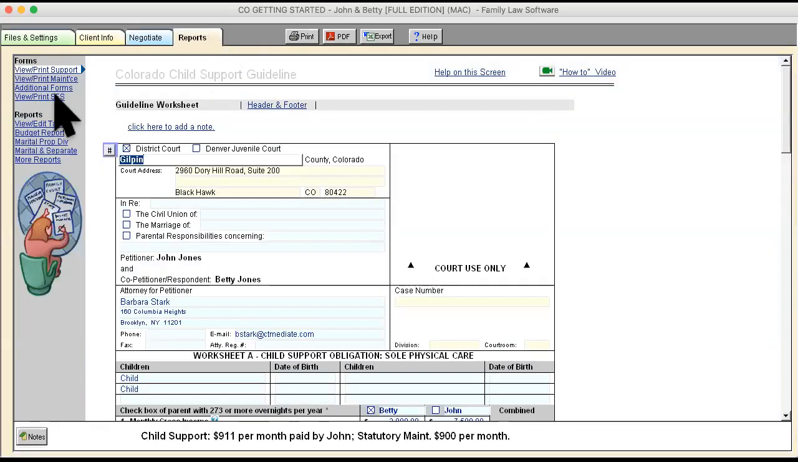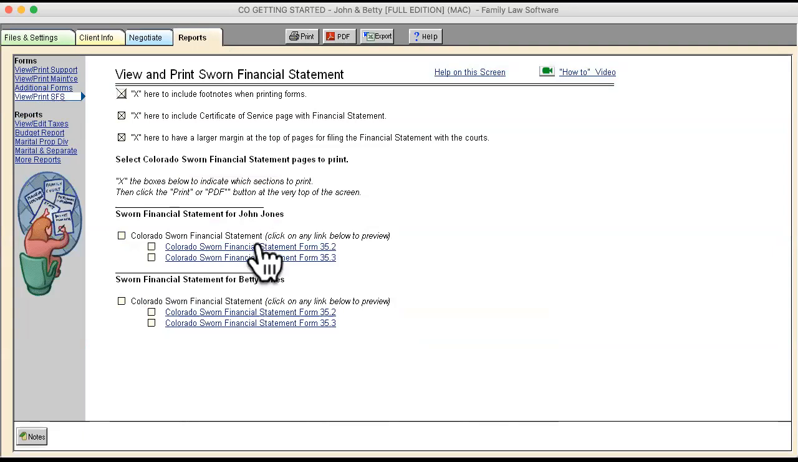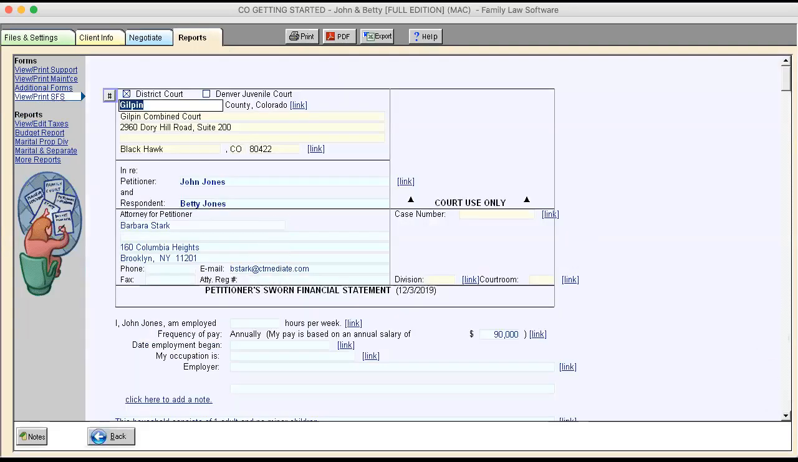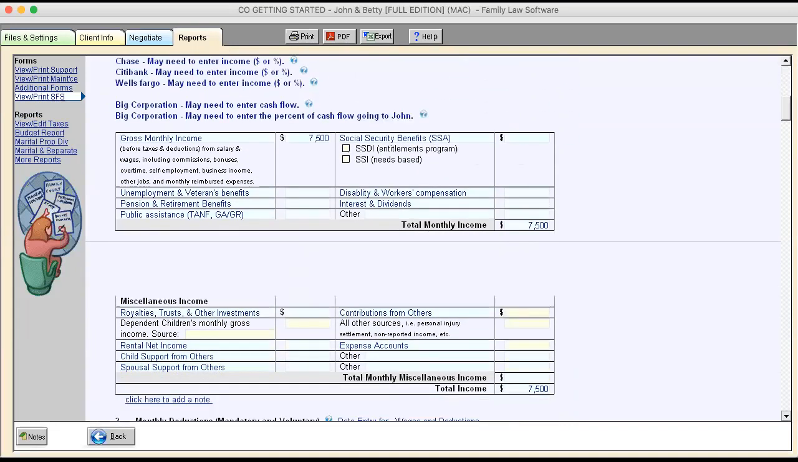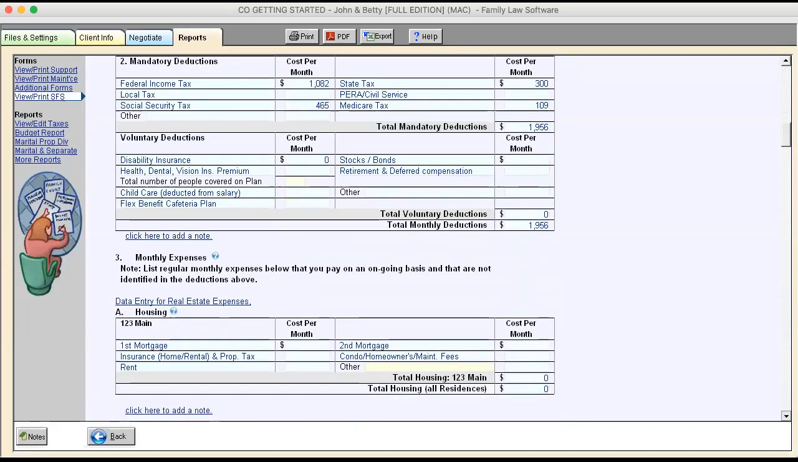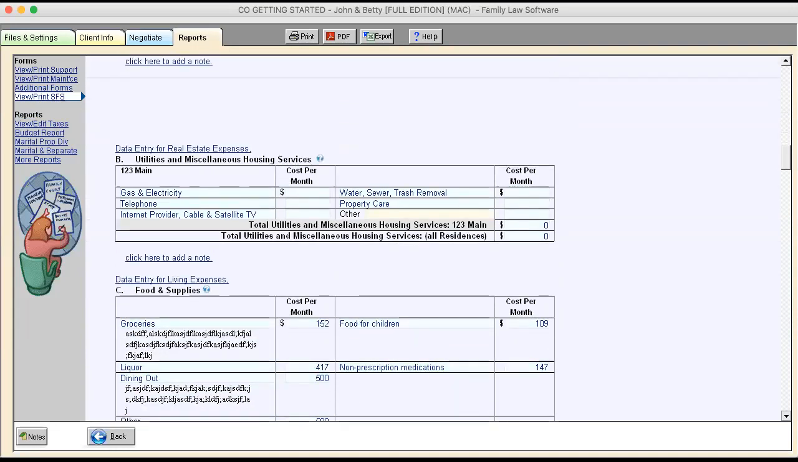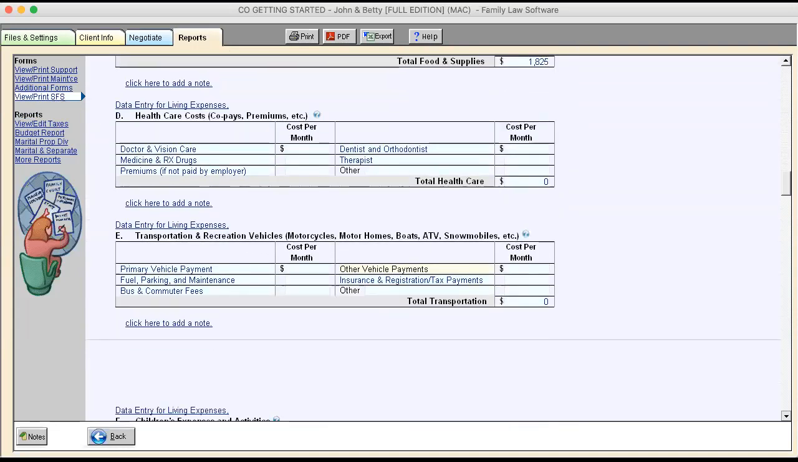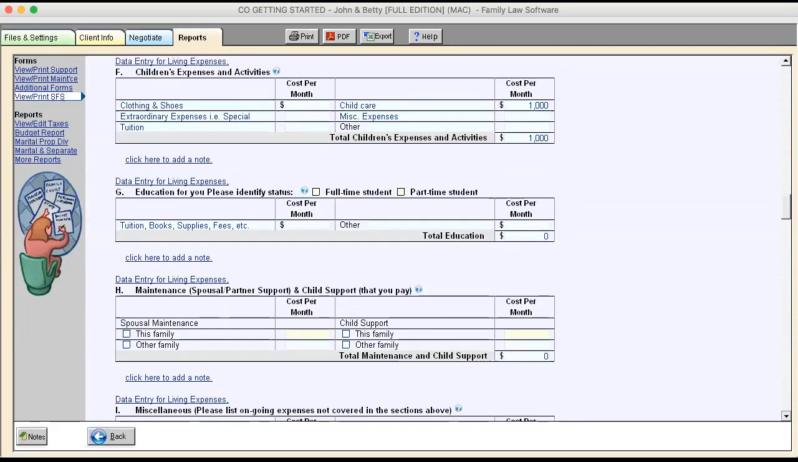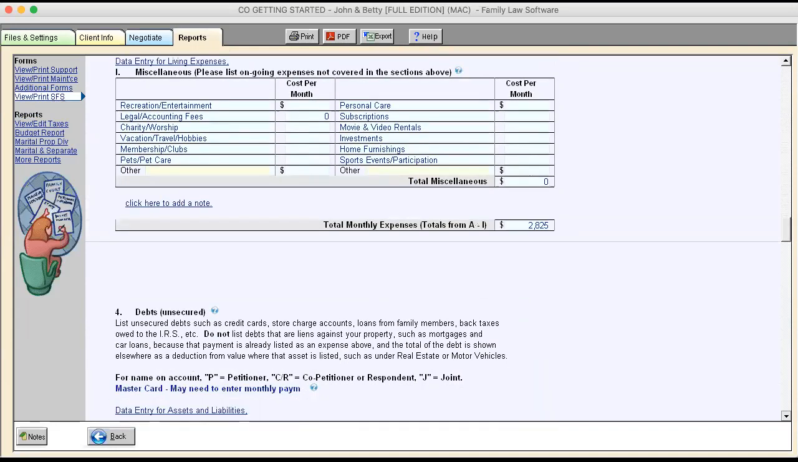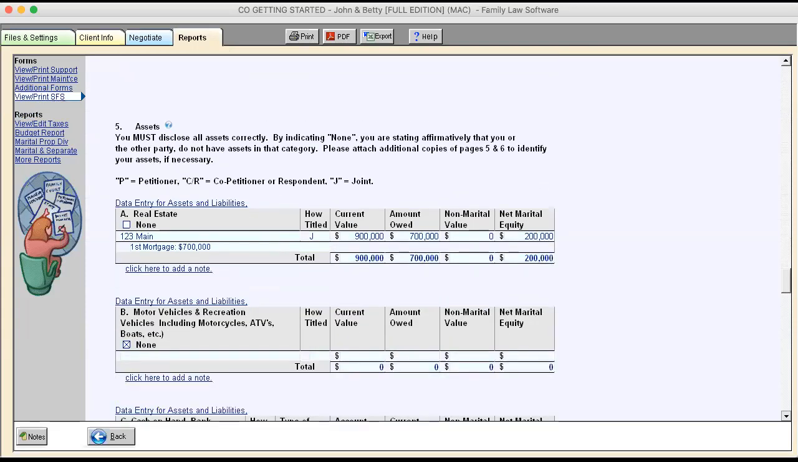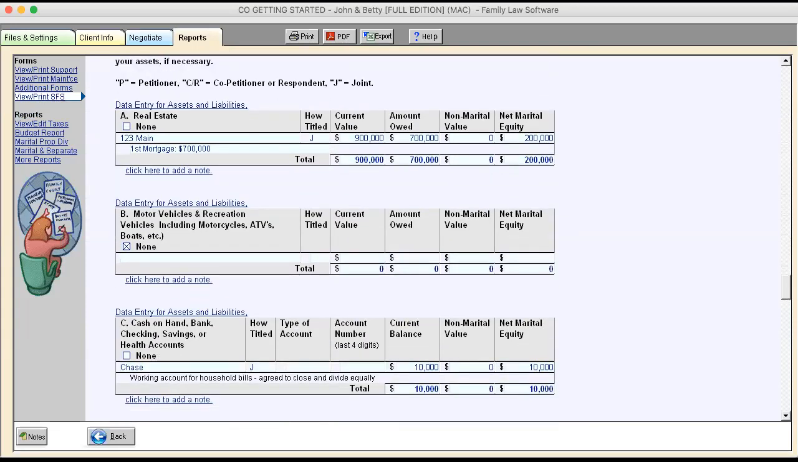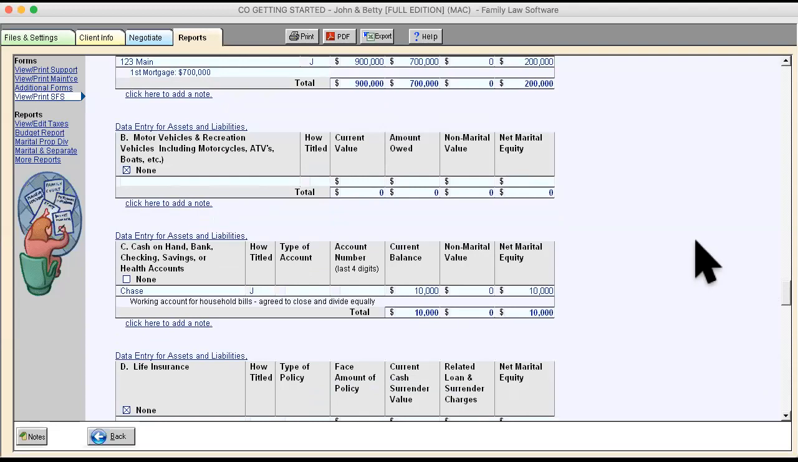Let me go to this sworn financial statement. And hold on, I'm going to make you dizzy for a second because I'm going to scroll down. We're looking at the screen, going all the way down to the asset section. I'm almost there. All right. So in this asset section,